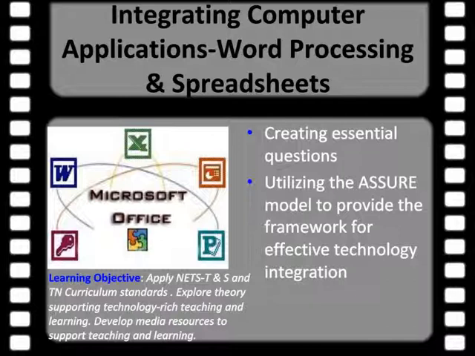And for the first ASSURE model, you created lesson plans using software that you're familiar with, Microsoft Word and Excel, but did so in a more meaningful way than just having students create a report, but really use these particular software as a tool to help enhance their learning